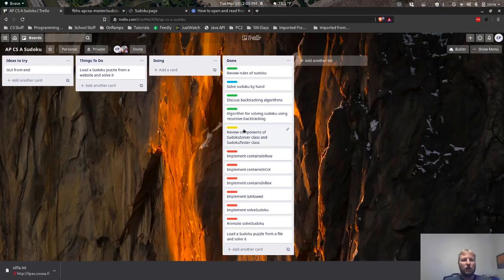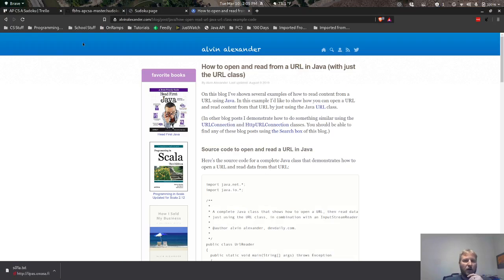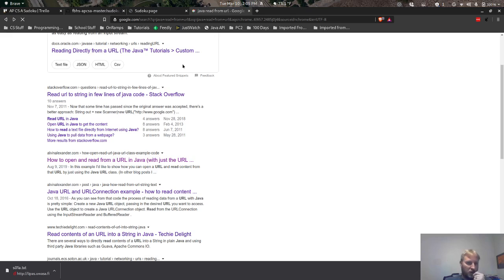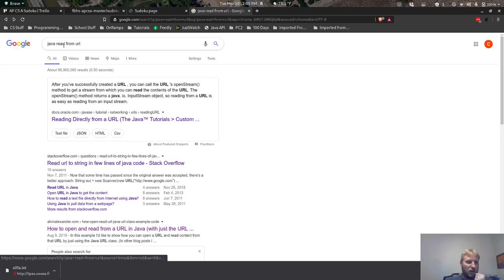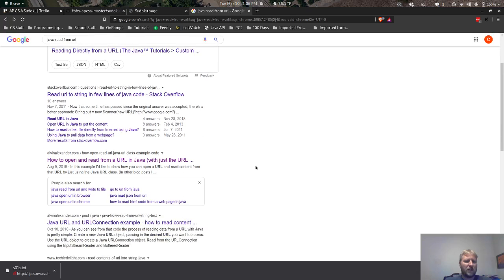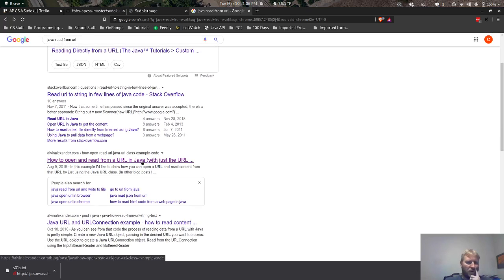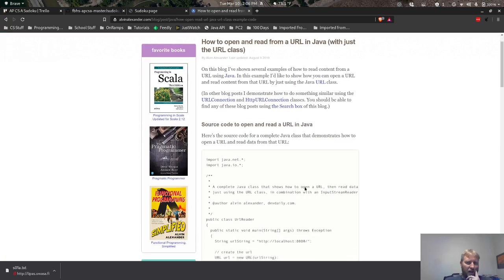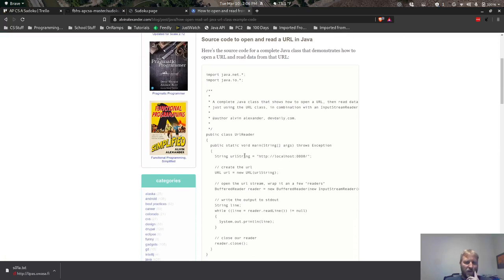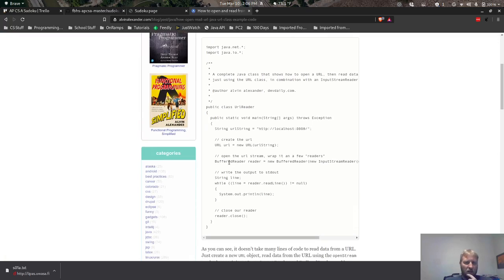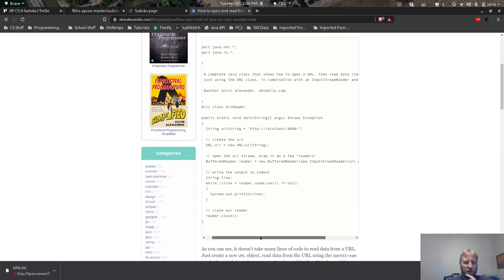So a little bit of Googling. I think what I Googled here was Java read from URL. A URL is, I think, a universal resource locator or something like that. It's a link to a website. And so we are using a buffered reader. And so I came across this pretty handy little code here where we can basically do the same thing, except